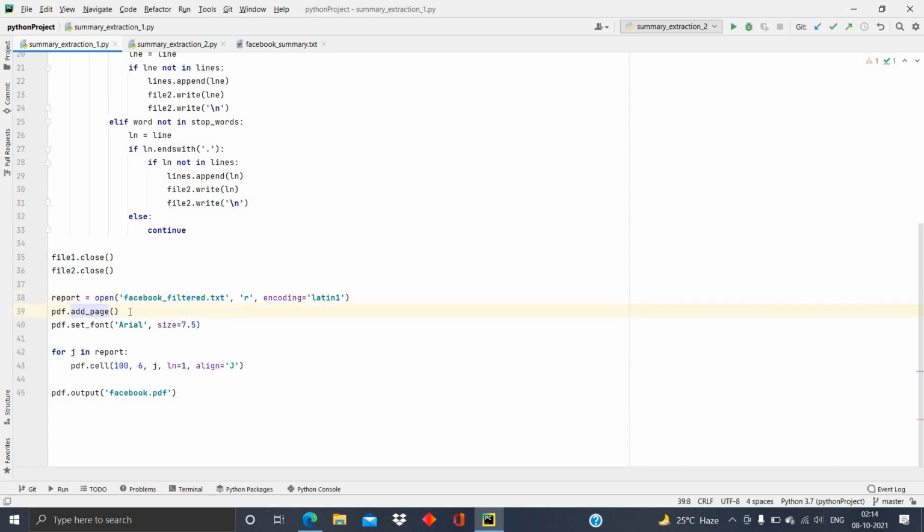And I'm using the add page function here. This is because to add text, we first need to add an empty page into the PDF. For that purpose I'm using this function, and I'm setting the font. The font style is Arial and the size is 7.5. Next, we need to add the entire text in the form of a cell. For that I'm using this cell function, and here these values are the horizontal and vertical character lengths,